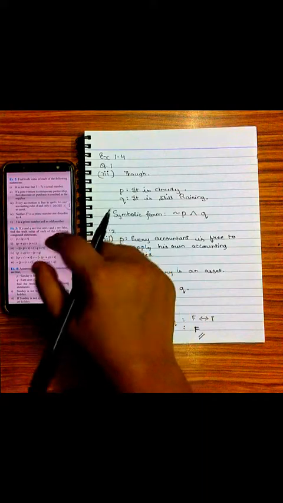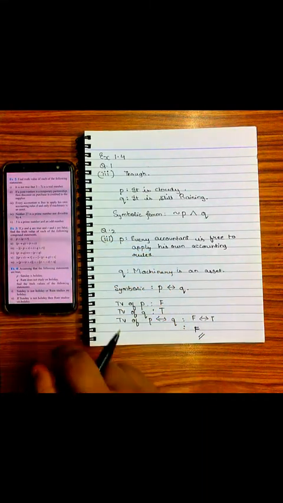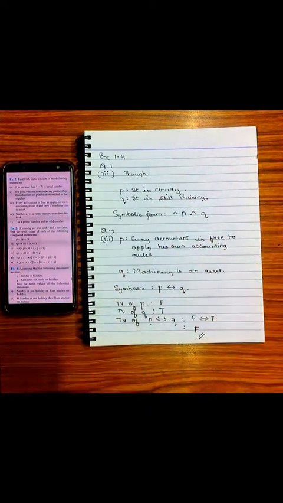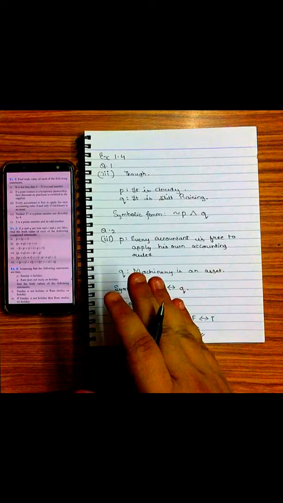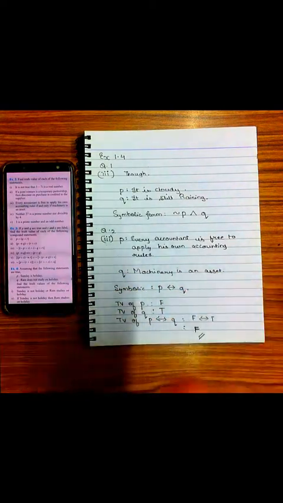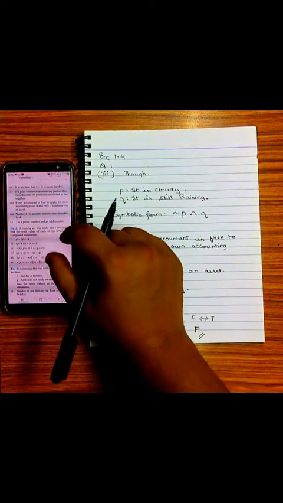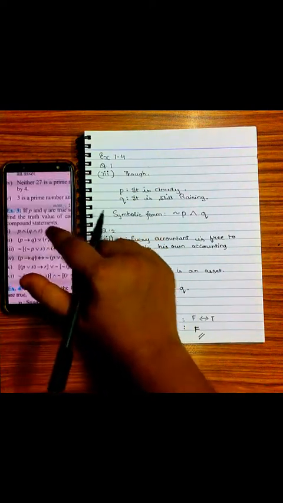Okay, now in this sum you will have to construct a truth table if it is specifically mentioned. It can be solved without using a truth table, and it can be solved using a truth table of your compound statement. Okay, let's read it. What does it say?